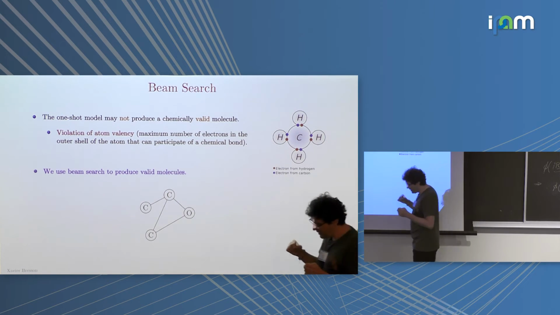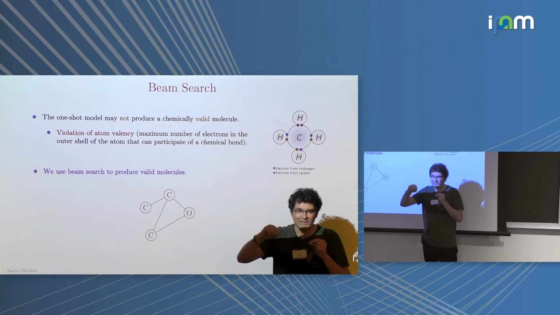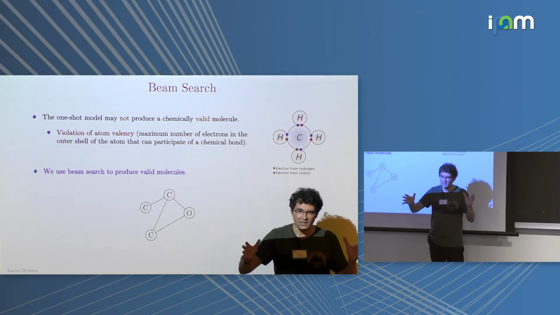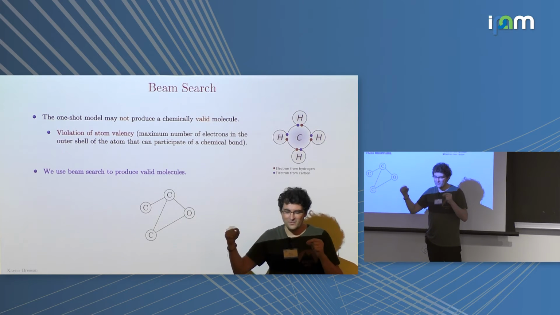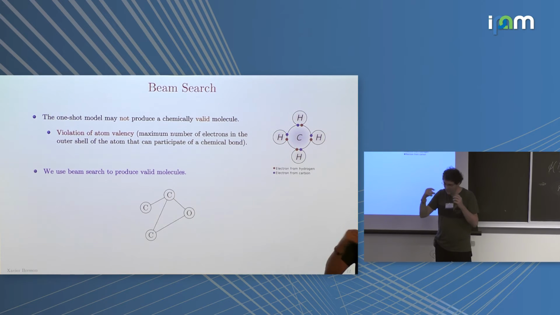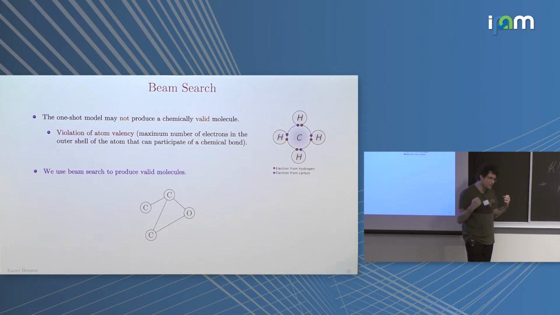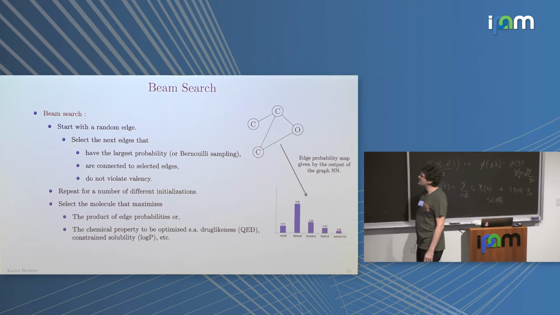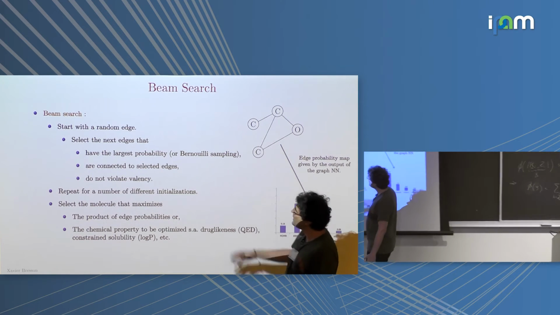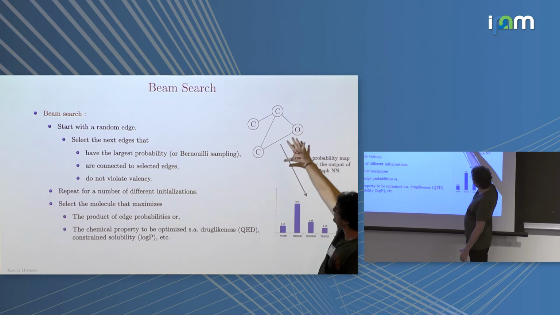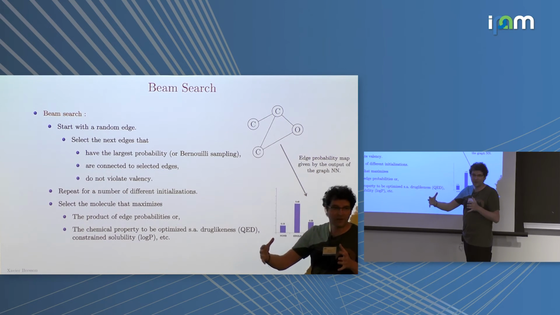the decoder is never able to give us a right sequence B. So in translation, you go from sequence A to sequence B, but the sequence B must make some sense. And usually you don't have a lot of sense. So the way you get sense is basically using a beam search decoder. So we do the same for molecules. And it's very easy. So you start with a random edge. So let's say this is my molecule, the output of my molecule after decoding.